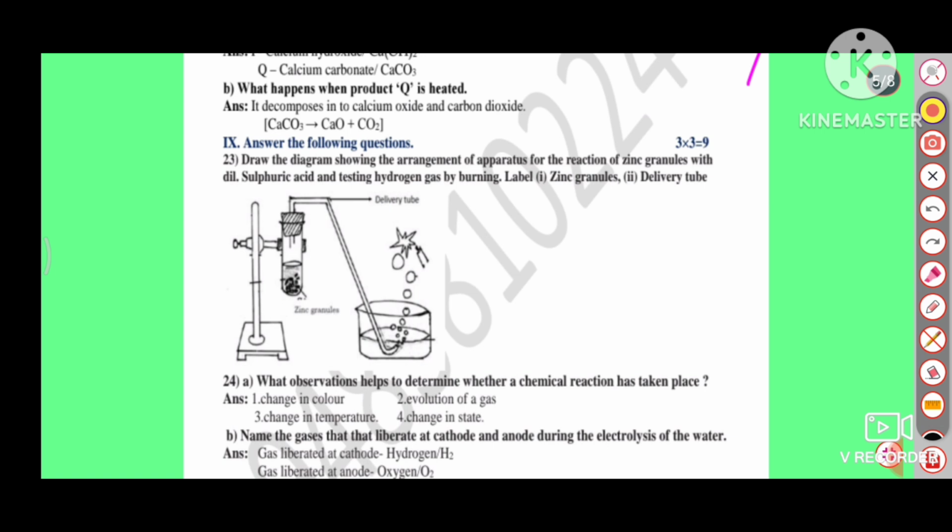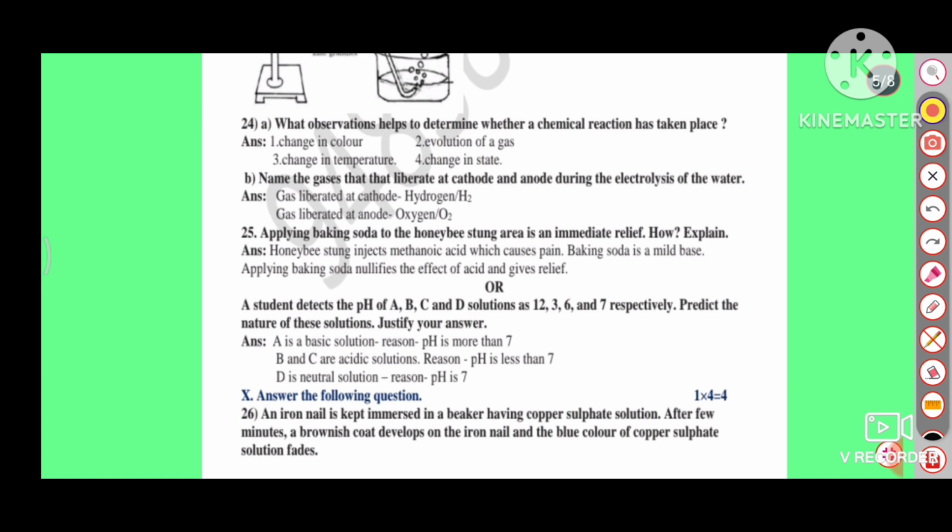Answer the following questions. Draw the diagram showing the arrangement of apparatus for the reaction of zinc granules with dilute sulfuric acid and testing hydrogen gas by burning. Label: first one is zinc granules, second one is delivery tube. Next